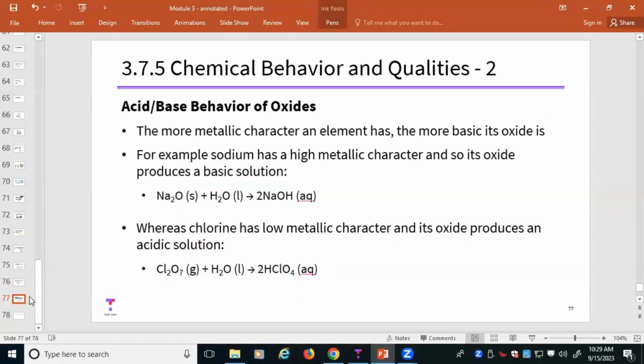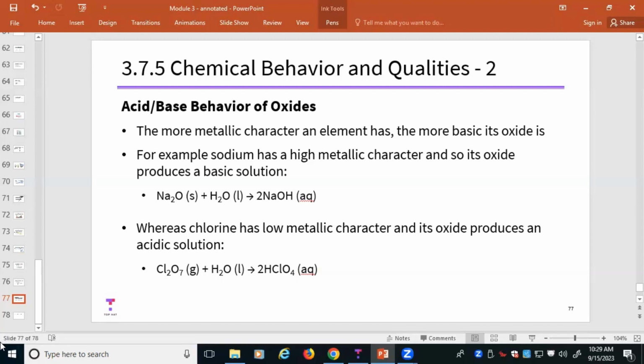The other thing that we want to look at is this chemical behavior. As we find things that tend to be more and more metallic, we also tend to find that when they make oxides, those oxides tend to be more basic. So substances with high metallic characters also tend to be basic. And the more metallic it is, the more basic the compound becomes. Things that are not metallic tend to form things that are not basic, and they actually will start to trend toward the acidic side of the ledger